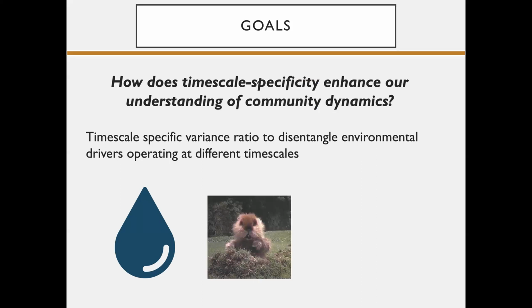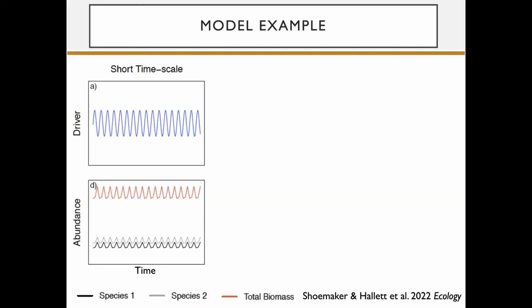And in particular, we thought, can a timescale specific variance ratio help us disentangle environmental drivers operating at different timescales? And this is where Lauren Shoemaker comes in. She does really great modeling. I do empirical work. So we said, okay, let's do a model and then we'll test it with this empirical system of Jasper Ridge. And so as a really simple proof of concept example, imagine that we have